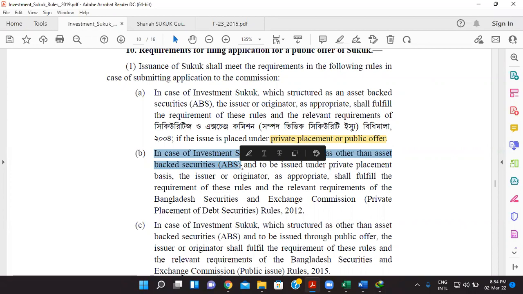In case of Ijara Sukuk, you are familiar with the basic concept of Ijara or lease. Say the issuer has issued some Ijara Sukuk and raised money from the Ijara Sukuk investors, and the issuer will give the proceeds to the originator, and the originator, say it is based on